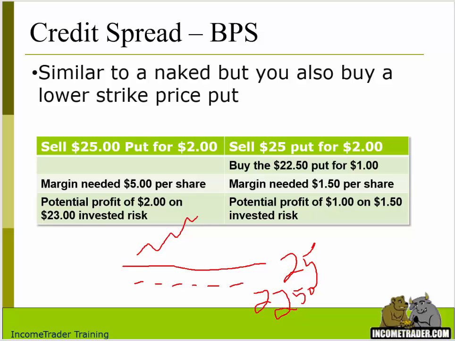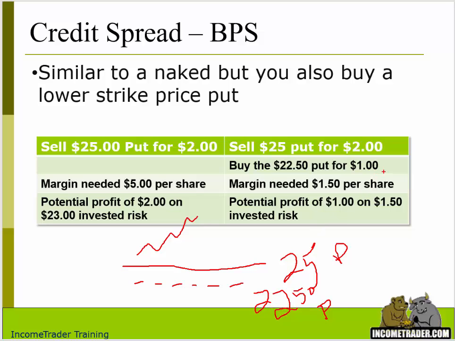What this is going to do is reduce my money at risk from the strike price I sold at $25 to the strike price that I bought at $22.50. So now instead of $23 invested at risk from your strike price all the way down, less your premium, you're only going to have the strike price that you sold to the strike price that you bought at risk,